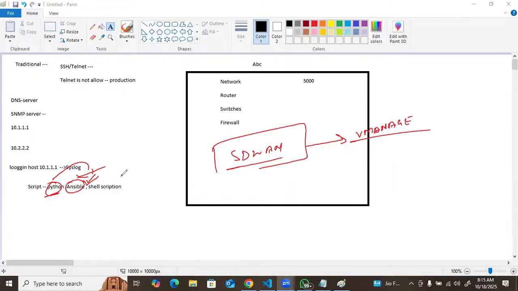Yes, sir. So tell me one thing. What do you mean by the vManage? vManage is used to manage the management plane of the SD-WAN. And it manages all the policies which we need to push so that multiple devices can have the policy pushed. So if you want to push the OSPF configuration, what will you do? We need to create a policy and template, a policy to push the OSPF configuration.